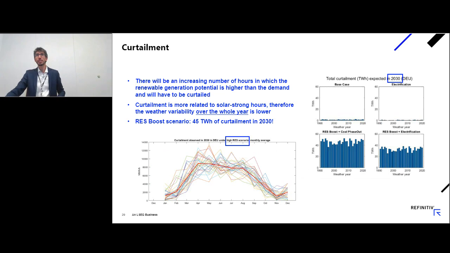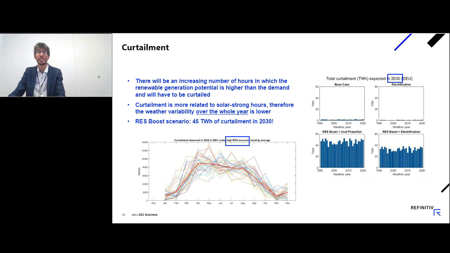And now, before closing, I want to just briefly show you the other side of the coin, which is what we call curtailment. So under these high renewable scenarios, there will be an increasing number of hours in which the renewable generation potential is higher than the demand and will have to be curtailed. So obviously, we don't believe in practice that this will be curtailed, as it happens right now, for example. But we believe that there will be systems to store these,